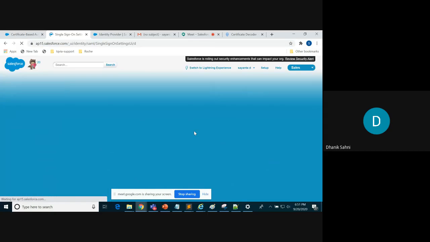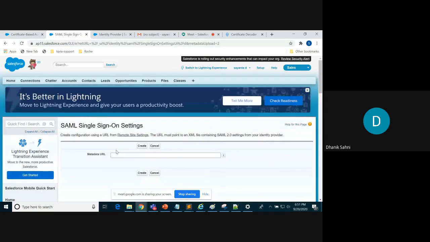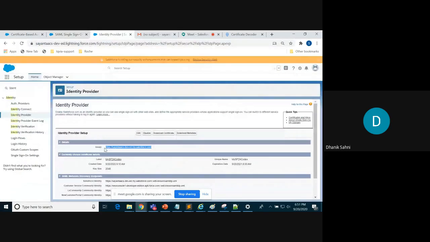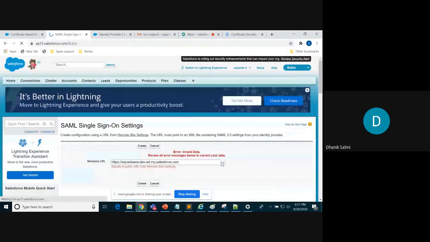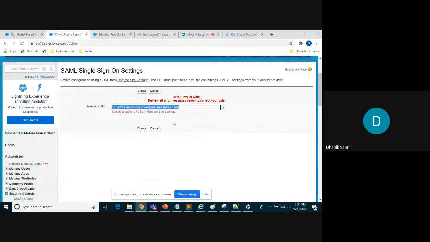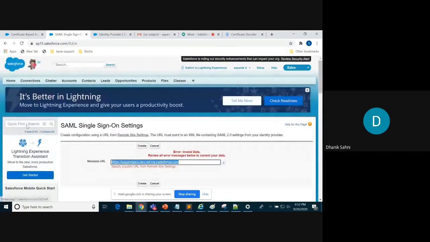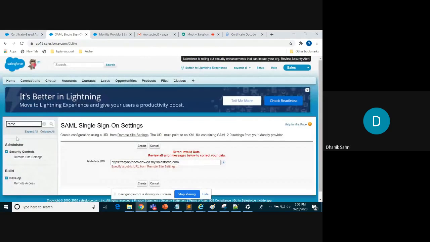Or let's assume I'll go for new from metadata URL. The purpose is almost the same. If you go inside the metadata URL, this is the URL you need to provide over here. The remote site settings specify a public URL from the remote site settings, which I already did, I believe. Remote site settings,